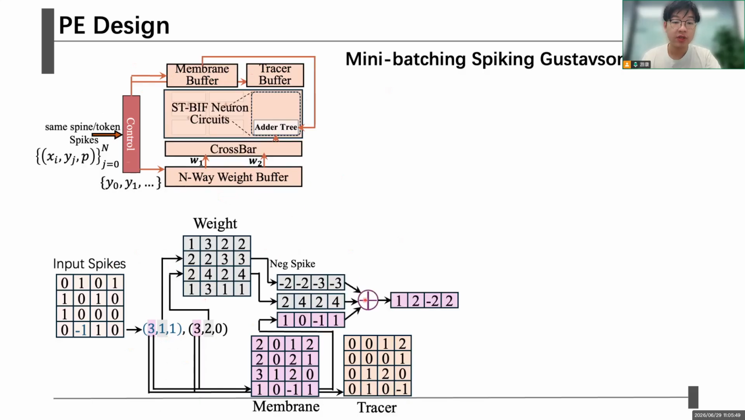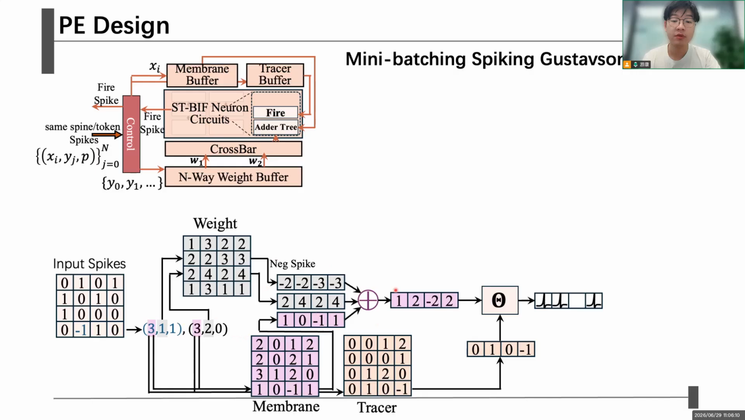Then, ELSA reads the corresponding weight row and the membrane row from the SRAM and performs the accumulation in the adder tree. If the spike is negative, the weight row is first sign-flipped before being accumulated. In this way, both positive and negative spikes can be handled with addition-only computation. Then the membrane after integration is sent into the fire function theta with the spike tracer row, a neural state in STB, and